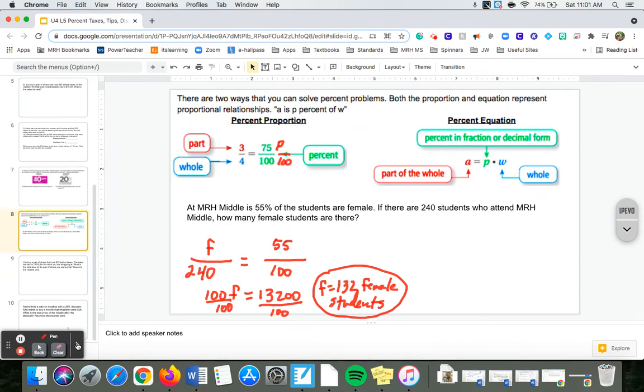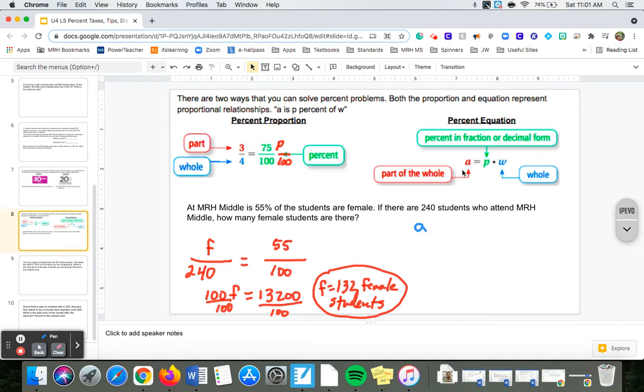So then if I switch colors here, the percent equation. Again I have to know what I am looking for and what I am given. I'm given the whole, so I'm given what W would be. I know the percent, it was 55%. I'm looking for the part. So I'm going to use A here